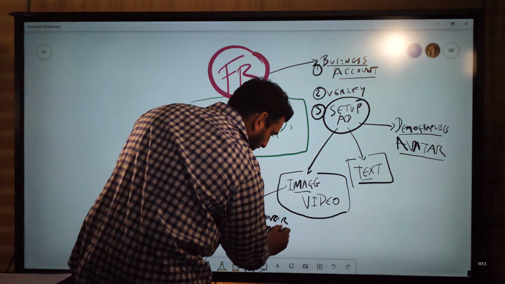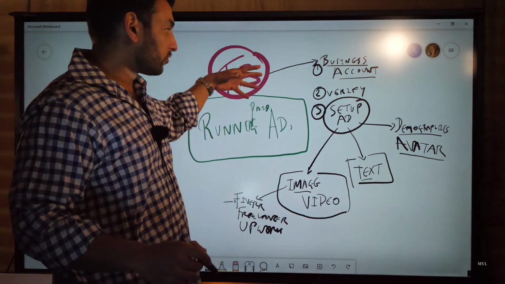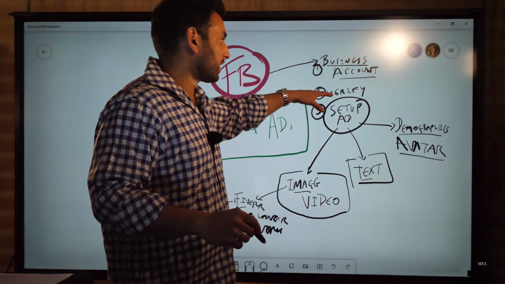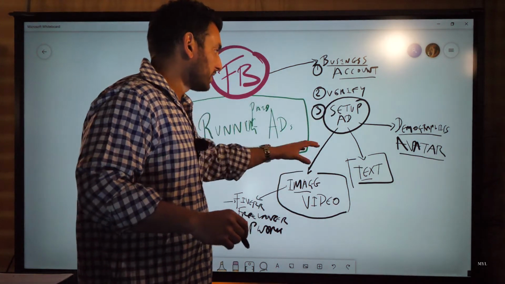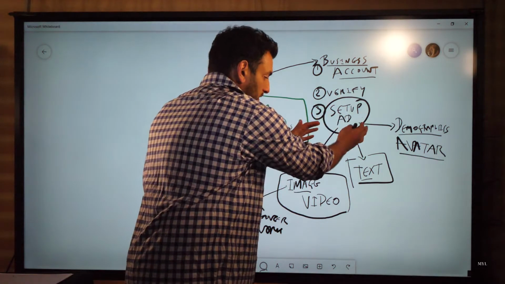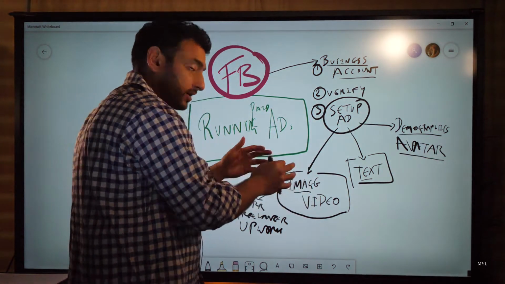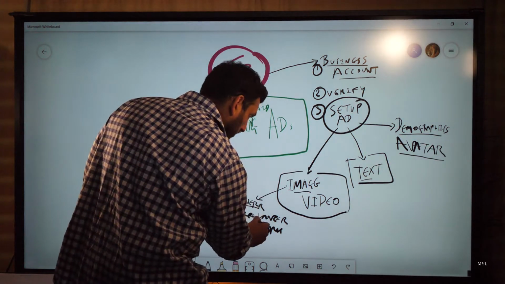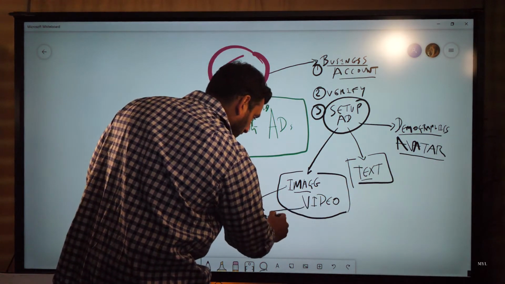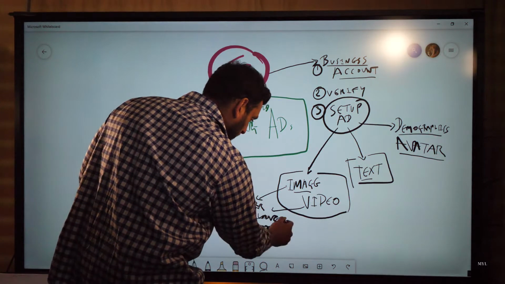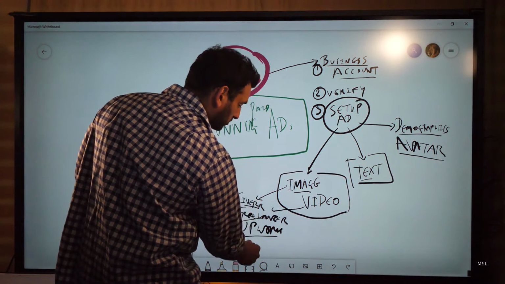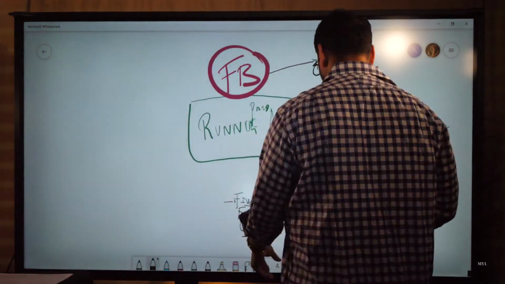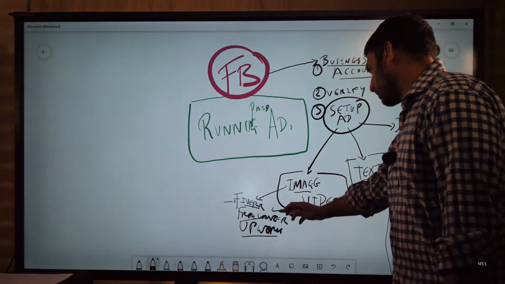So right now, something that seemed really daunting, you've actually just broken down to saying, okay, we're going to set up the business account, we're going to verify it, then we're going to set up an ad, and that's going to involve more steps, but then we can break down those steps. So it's not a problem. It's not daunting at all because it's actually being broken down here. So we could get the image done or the video by some experts that could do it on Fiverr, Freelancer, Upwork, and I'm sure there's many other freelance type platforms out there that you could look at.